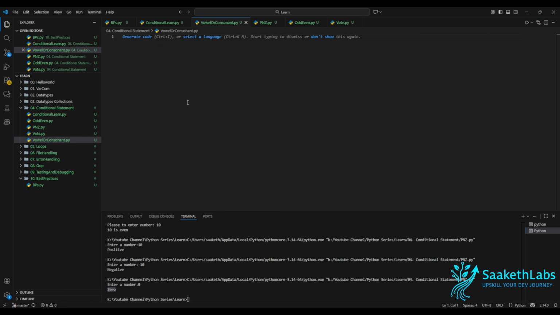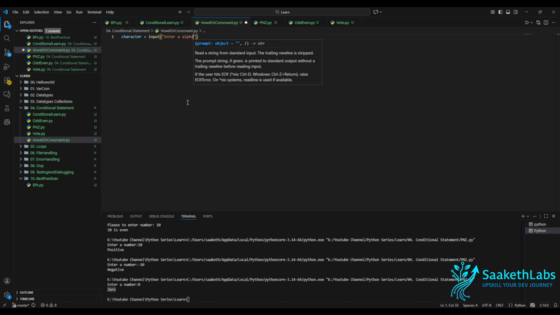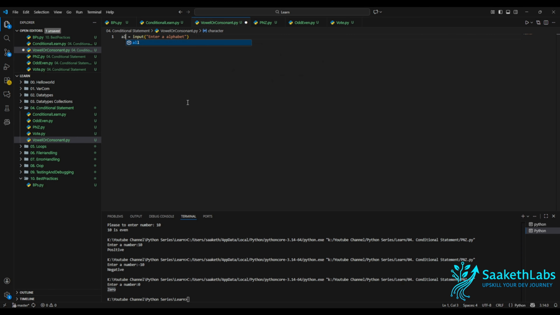So here what we have to do is get an input from the user. I will add the alphabet. So once the user enters the alphabet, we have to check